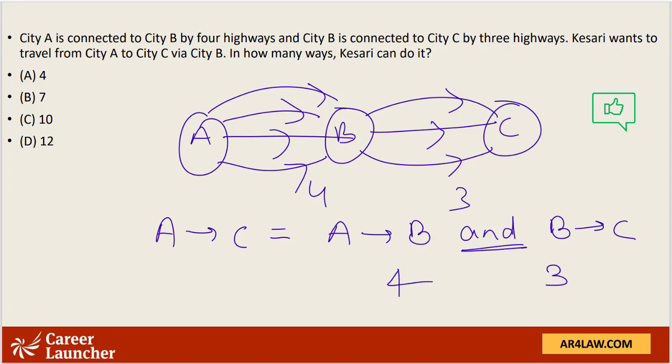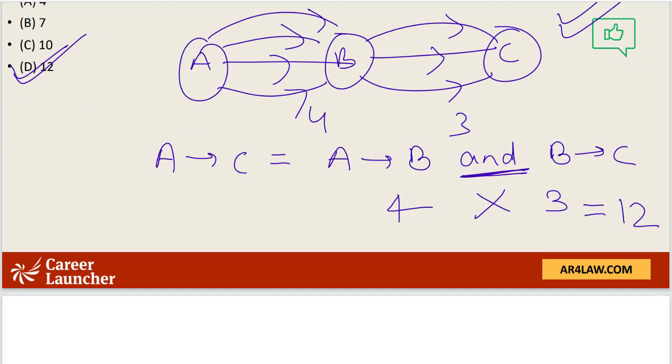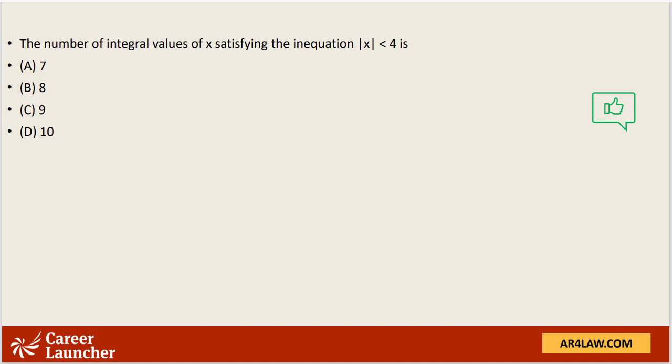Whenever we have the 'and', multiplication is used. I'm sure you are aware of the 'and' or the 'or' rule in permutation combination. The answer would be 12. In fact, one need not even pick up the pen to solve this question. It's an oral question. Definitely a doable question by everyone. This is again, I would say, a very doable question. Should be done by everyone.